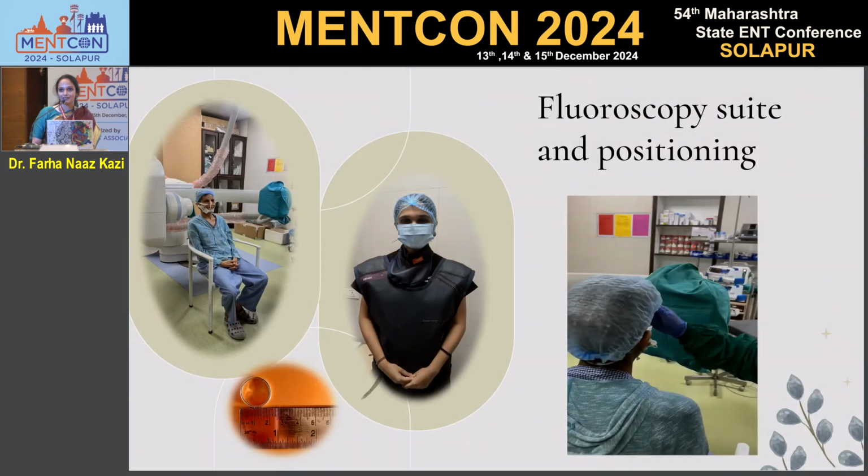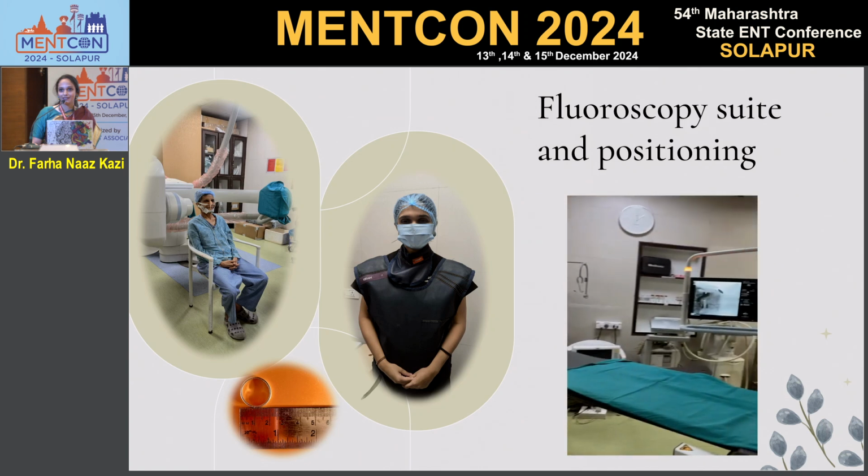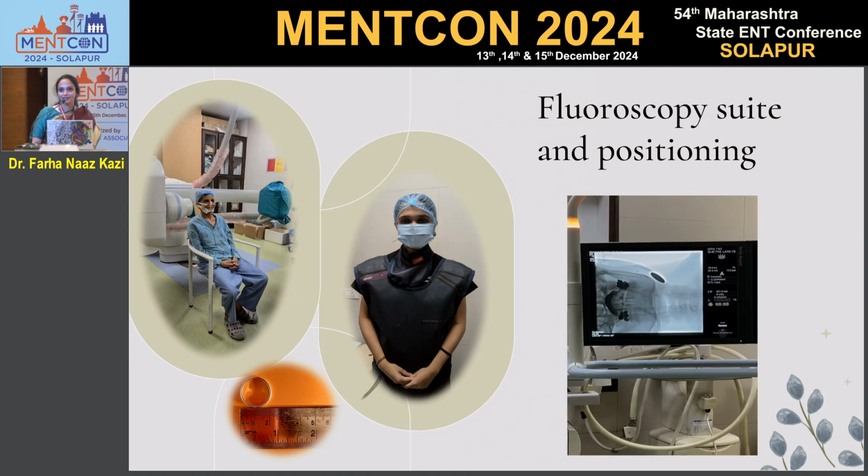Now, the setting would be in a fluoroscopic suite with the patient comfortably sitting, and the patient is given trials of swallow. If the patient is on the bed, we can still assess this by taking the patient to the fluoroscopy suite. It is usually conducted by a swallowing therapist who is well equipped with a proper guard for the thyroid gland as well as the whole body. We usually use a small ring there, which helps us in a kinematic analysis later. So the patient is comfortably seated in the fluoroscopy suite. Various food trials are given and assessed.